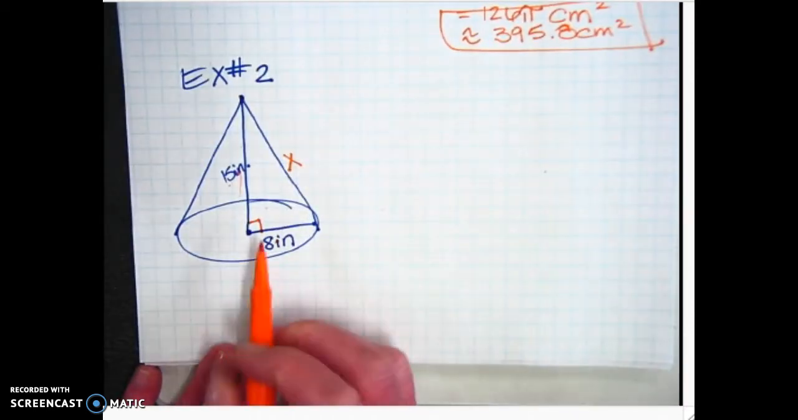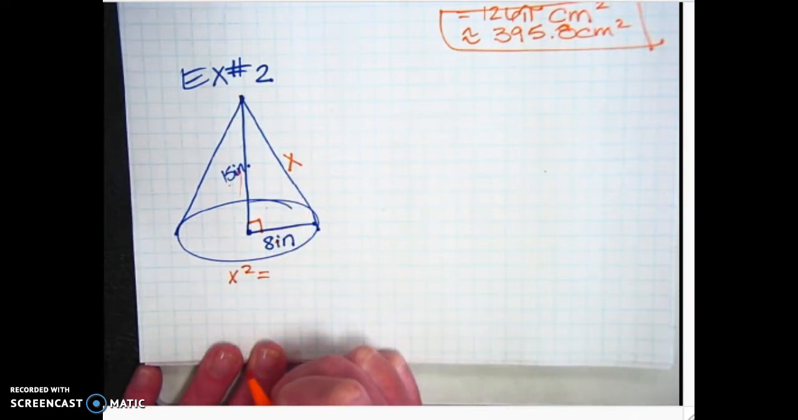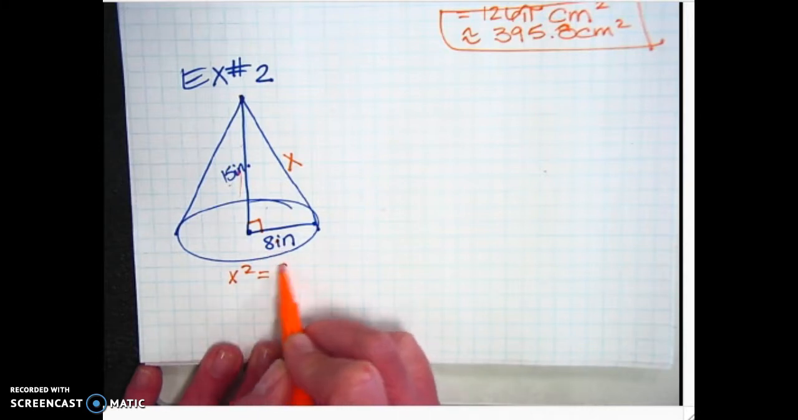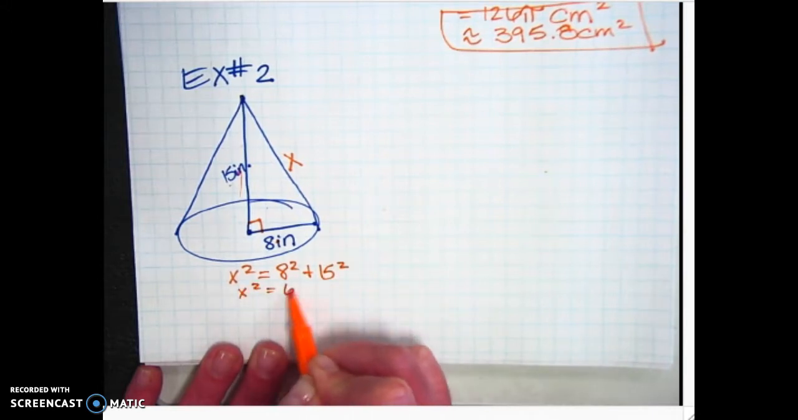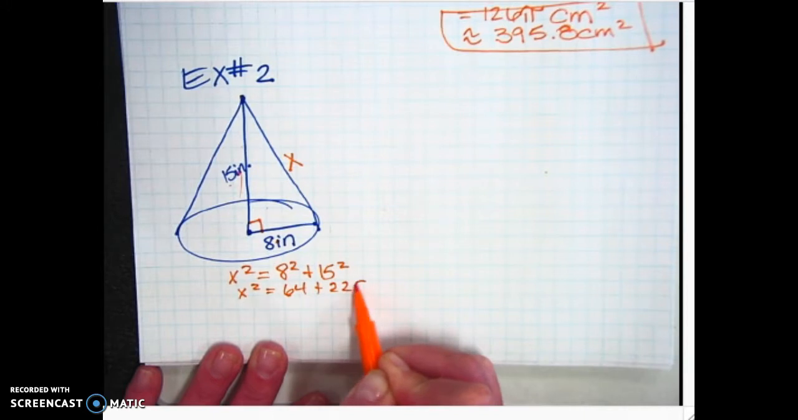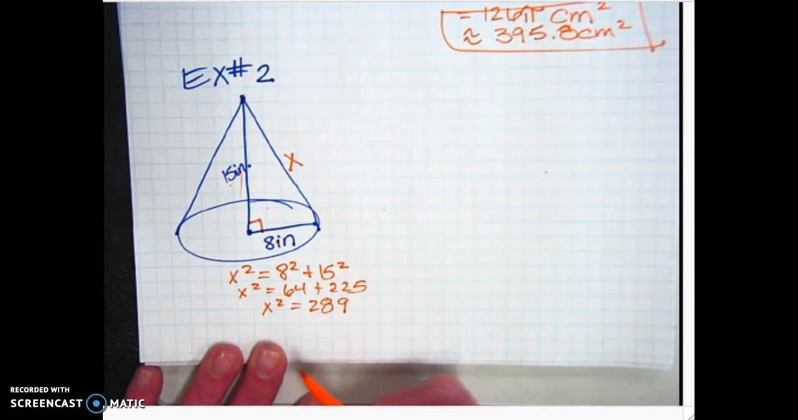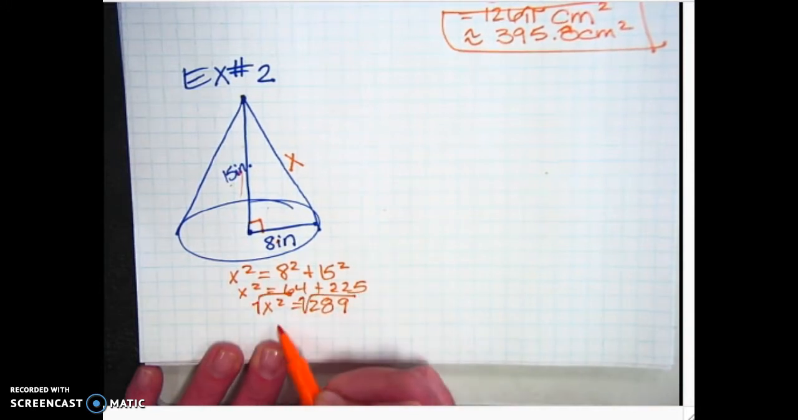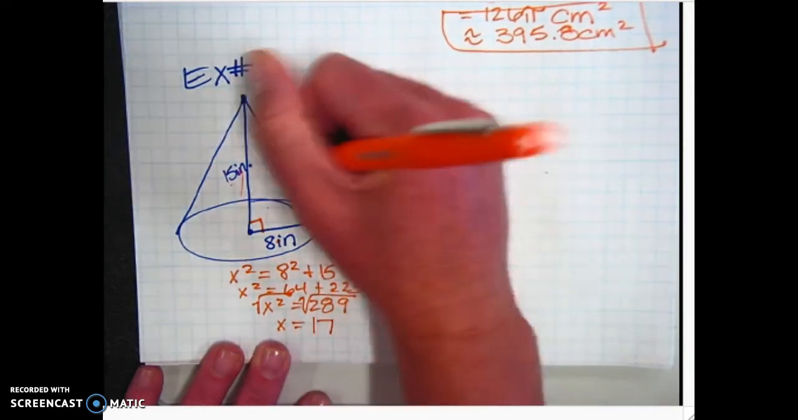Pythagorean theorem, right? That is our hypotenuse, so we're going to say x squared is going to be equal to the legs squared and added together. So 8 squared plus 15 squared. So x squared is equal to 64 plus 225. So x squared is equal to 289. Just so happens that 289 is a perfect square. Anybody know the square root of it? No? Well, 15 squared is 225. Square root of 289 should be a little bit bigger than 15, right? It's 17. So this is 17